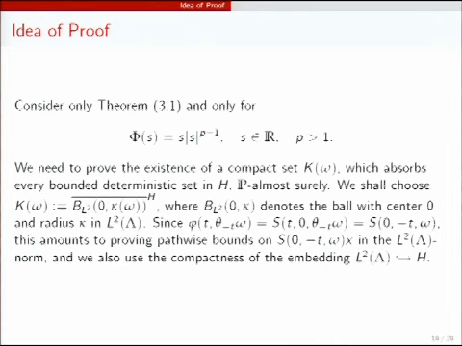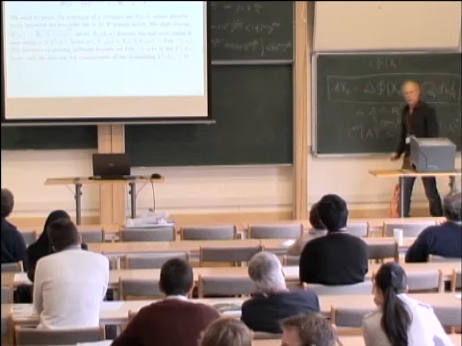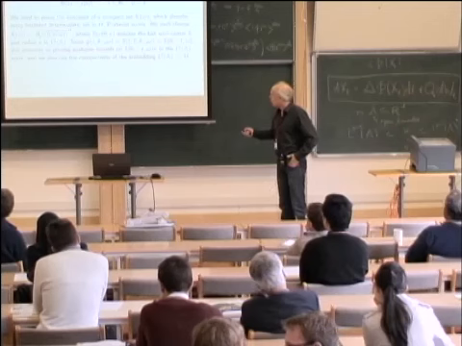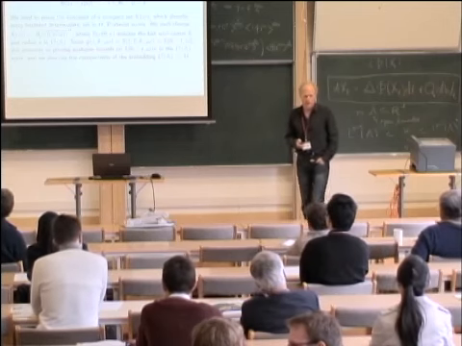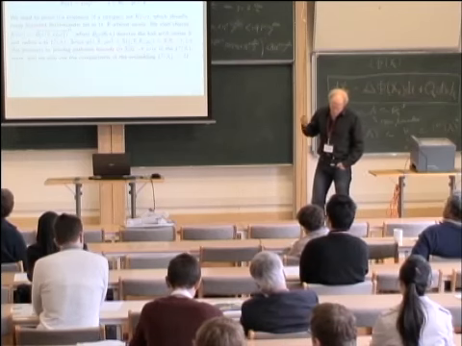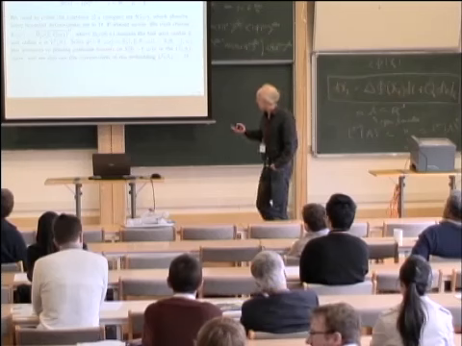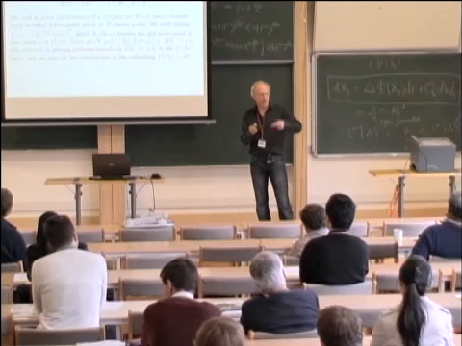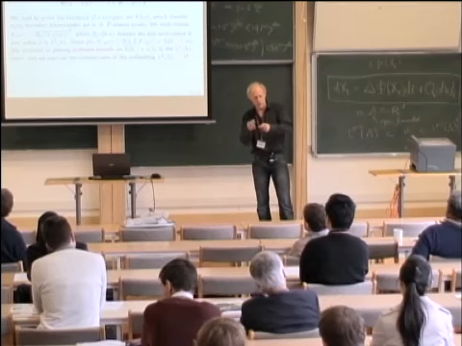So we take the L2 ball, and of course, remember, H is H minus 1. My process lives on H minus 1, so the L2 norm is compactly embedded in H. So if I take the H closure of this, it will be a compact set in H. If you look at other papers about SPDE, about random attractors, they normally use that the process is in L2, and they have, for almost all times, the thing in H1, and they use the compact embedding of H1 into L2.